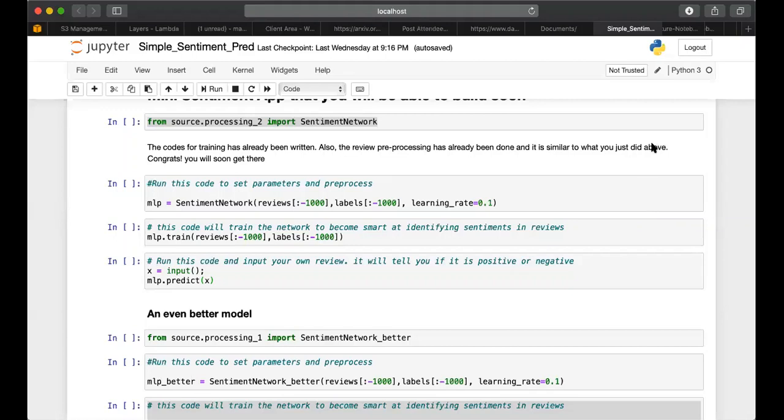Okay, Fatima has a question. Yeah, you can speak, Fatima. Hello, how are you doing? At the point where we have x equals input and MLP.predict x, each time I run that line, my code just goes silent. It doesn't bring any feedback, and I can't run any other code further down.